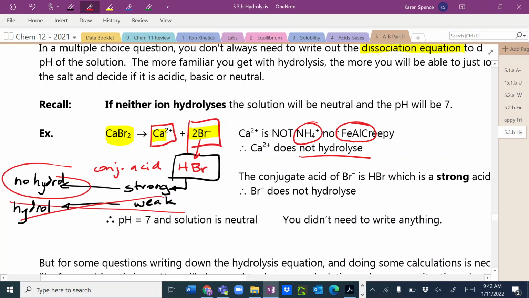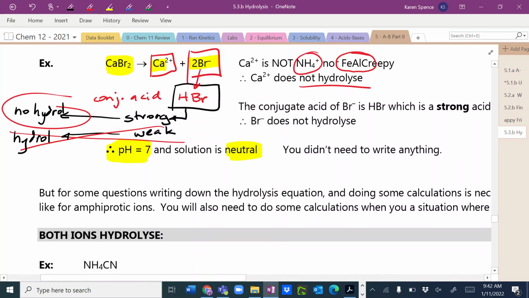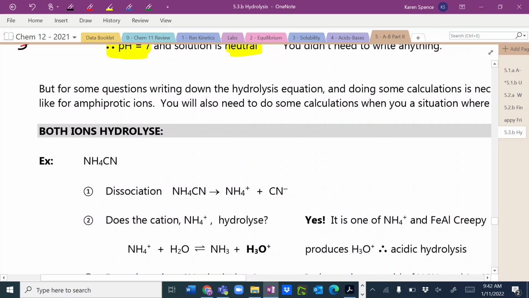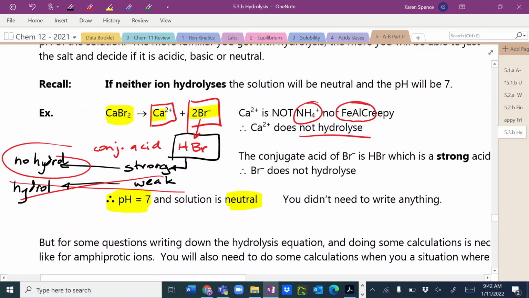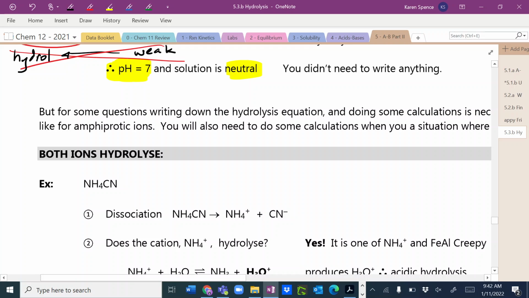And so if you're asked what the pH is of this solution, that's going to be a pH of 7. Okay, and that's of course neutral. So that is a neutral salt. CaBr2 is a neutral salt. And you wouldn't have to write down anything to solve a problem like that in a multiple choice. You'd just be like, CaBr2 doesn't hydrolyze, neutral, 7. However,